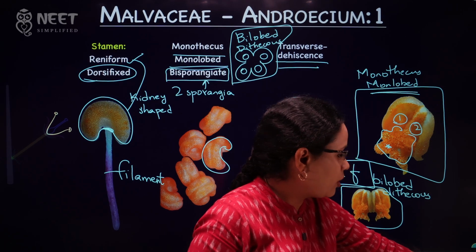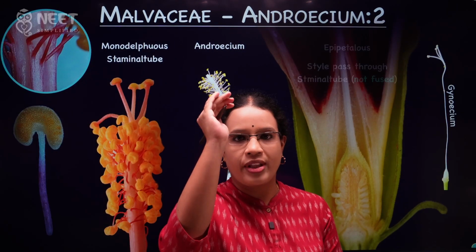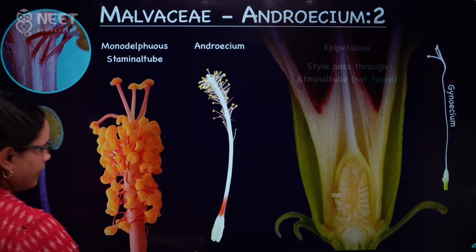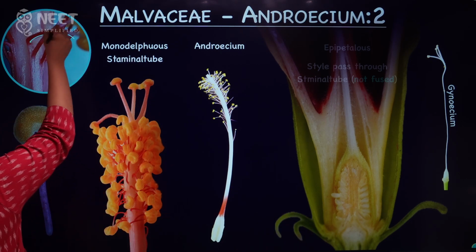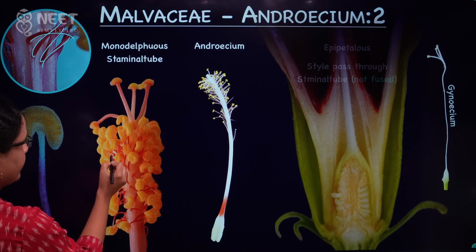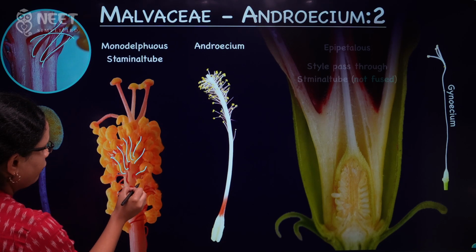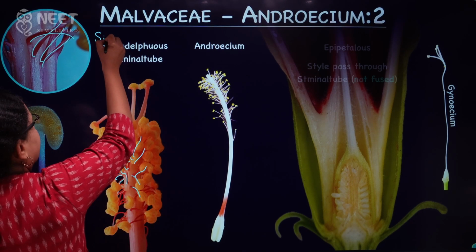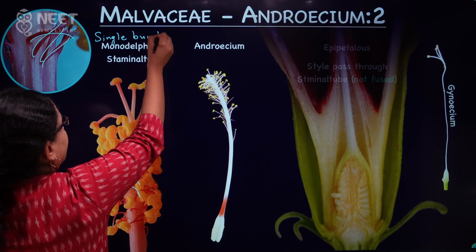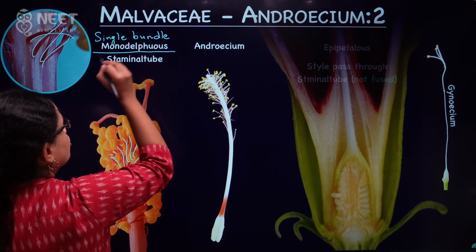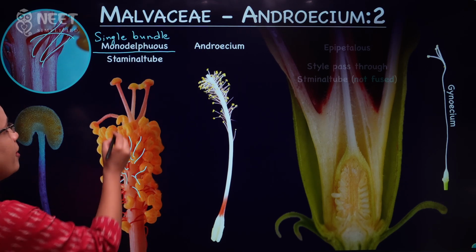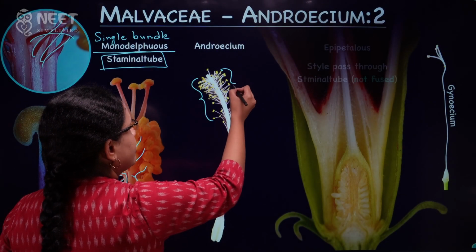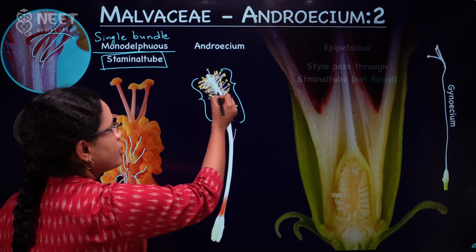Yes, now coming to the tube which we have discussed earlier. So we have finished the anthers. Now, what are the filaments doing in the stamens? You will see that the filaments, as you can see here, there are multiple stamens and all the filaments are fusing to form a single bundle. You will see that there is a single bundle formed by the fusion of these filaments. This condition is called monodelphous. And what are they fusing to form? They are fusing to form a staminal tube. As you can see here also very clearly, you are seeing the multiple stamens, their filaments fusing to form this